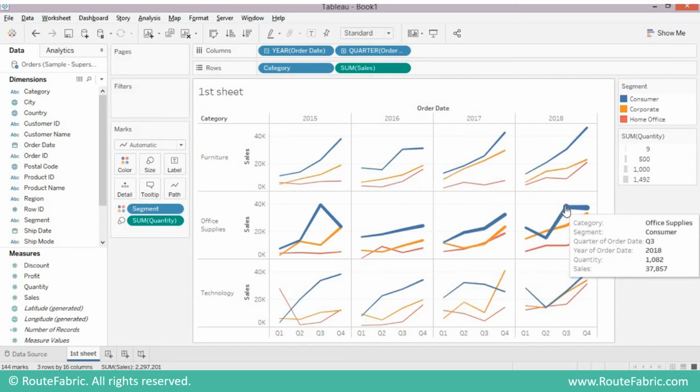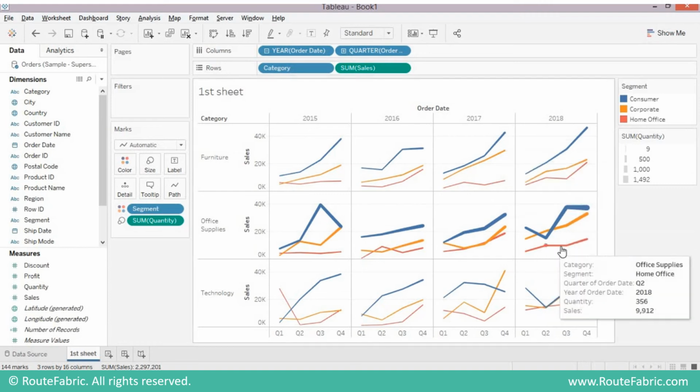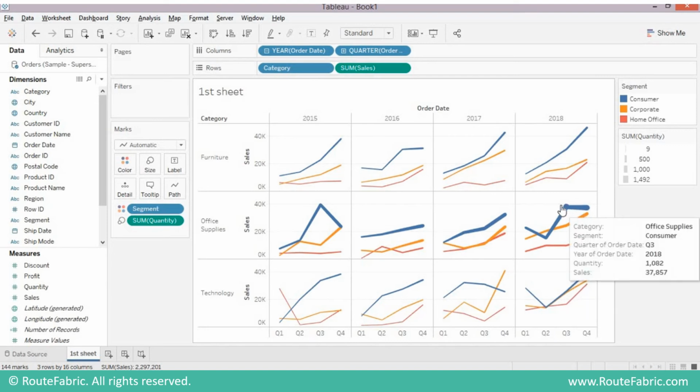So for this particular segment, category and date, the thickness has increased. In 2018 it is very visible. So we can say that there's a dramatic increase in the quantity that was sold at this point.